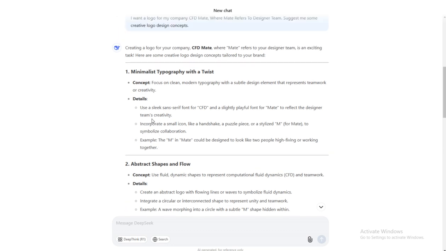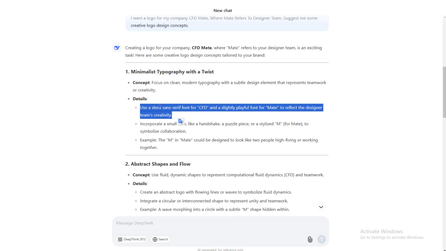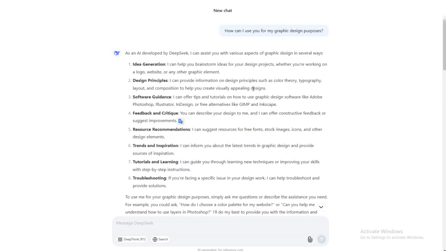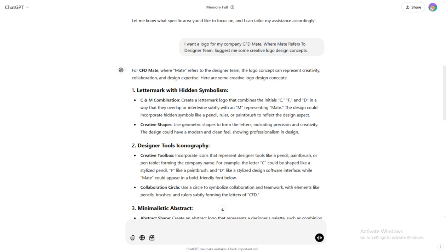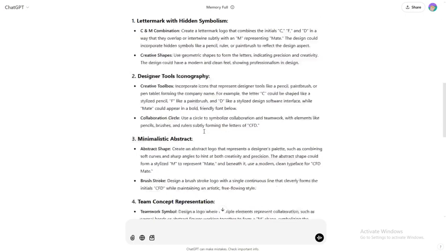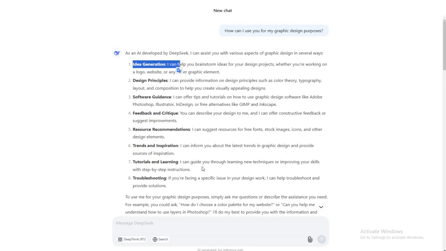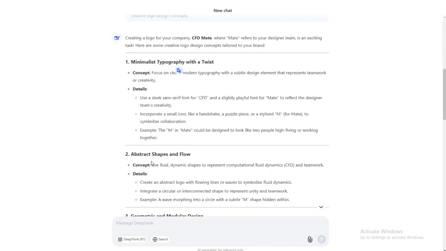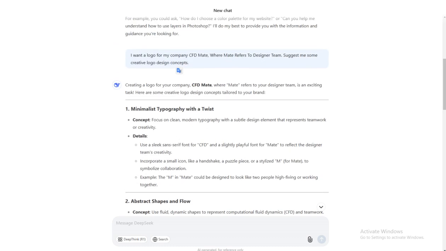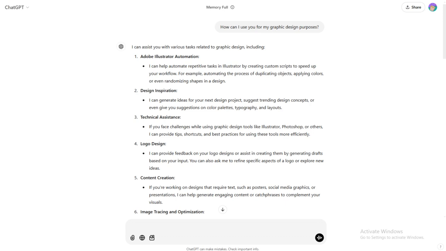If I rate these two concepts, only for this one, only for this line, I will rate DeepSeek one more point. So if I summarize this, I would give 2 points to DeepSeek and 1 point to ChatGPT. As ChatGPT has a detailed answer here, and this has a clean answer, both of them got 1 and 1 point, and now this has got 1 more point. So DeepSeek won by 2 points and ChatGPT 1 point.